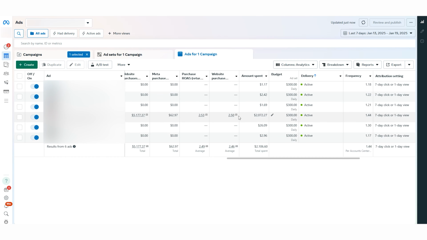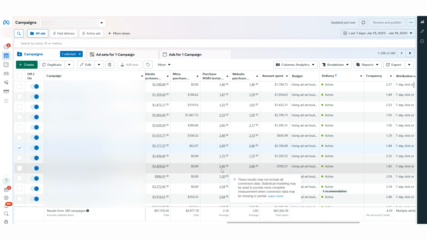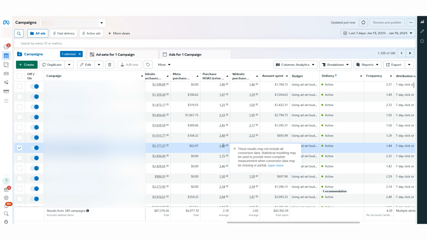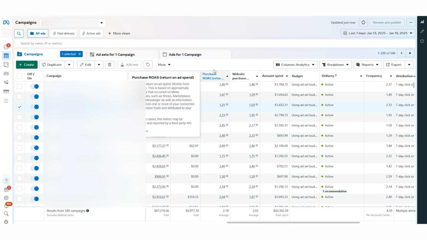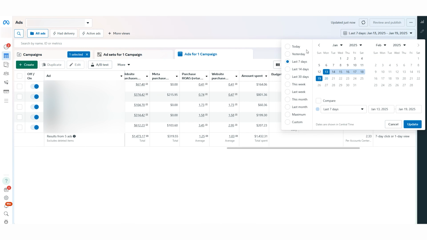Yes, so in this one, if you remember, we had this ad that was dominant, that was taking all of the budget. So what I did is I took all of the others, because they never took budget and they never spent, to their own campaign, also removing the dominant ad, because if I put the dominant ad in, it was going to take all of the spend again. So now I have this campaign over here, which I'm trying to optimize, and it has new creatives.